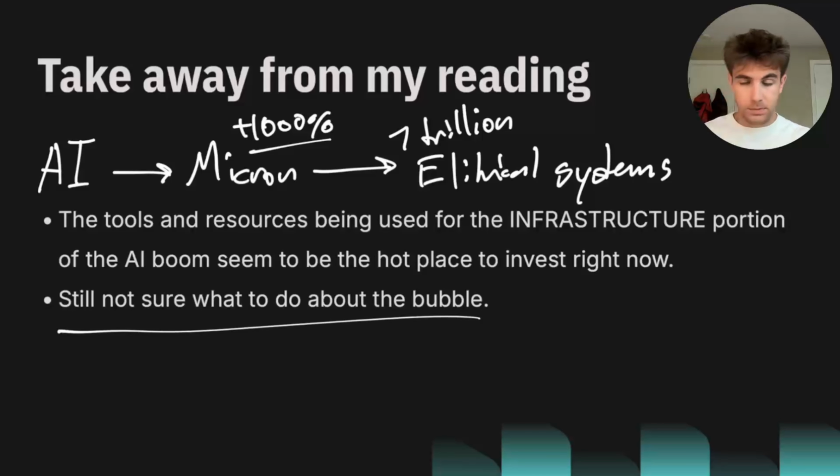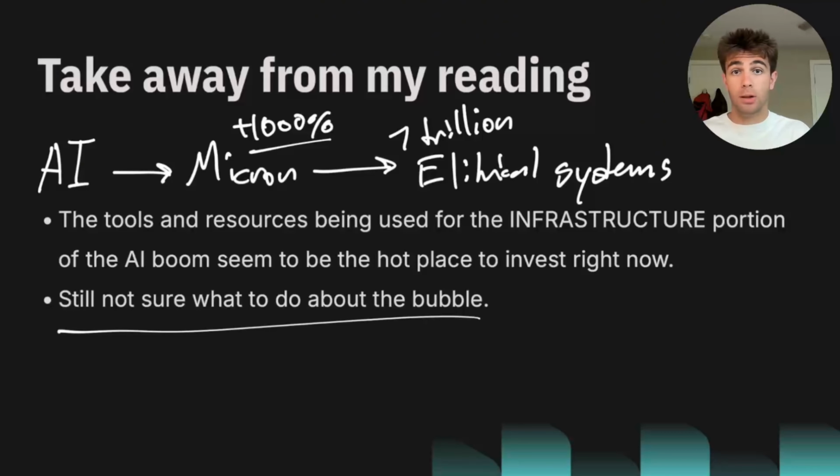Then, lastly, still not sure what to do about the bubble. I think people see, oh, a bubble's coming, and so they sell their investments, and then they just keep waiting for it to come, and it doesn't come, and it's like, wow, I missed out on all that time in the market. Sometimes the best action is no action. I think I still do want to restructure my portfolio for more international exposure, but beyond that, I think honestly just taking the hit may be the way to go, given how young I am, how long the time horizon is. Don't overcomplicate it.